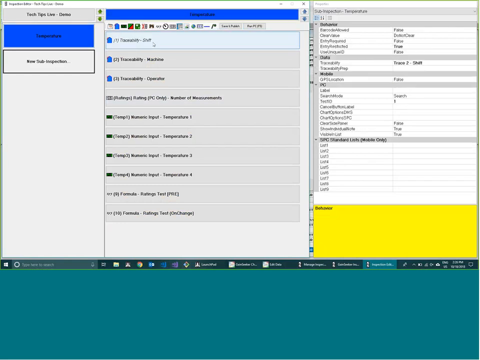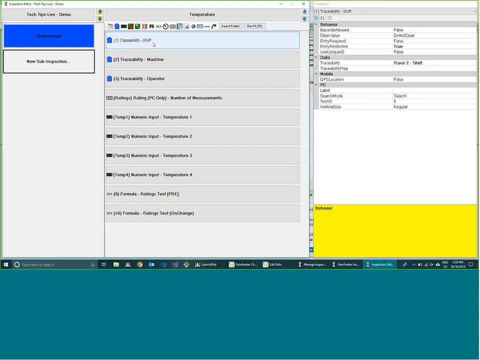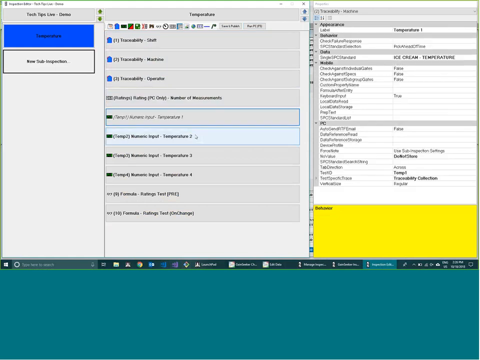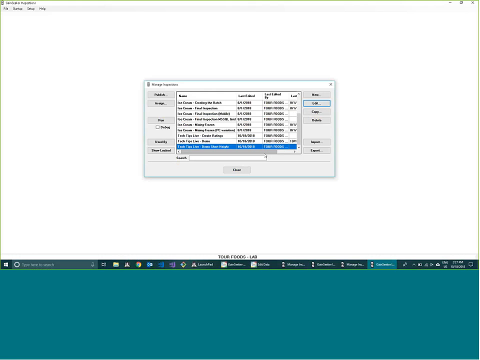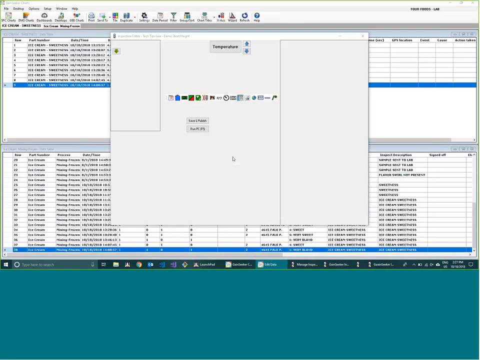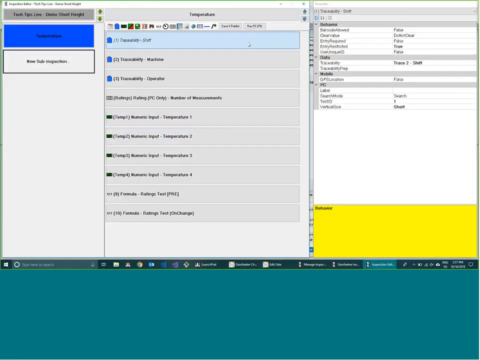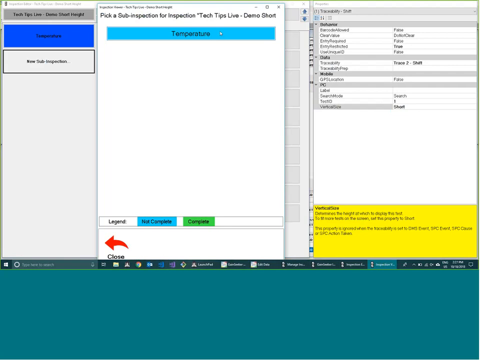So all of these traceability boxes and numeric inputs, they all have an option over here on the right-hand side that's called vertical size, and that's new. So we can change that to be short. And let me actually close out of this one and open my short height demo. In this version of the inspections, I've changed the vertical size to be short on all of them. And now, if I go into it,